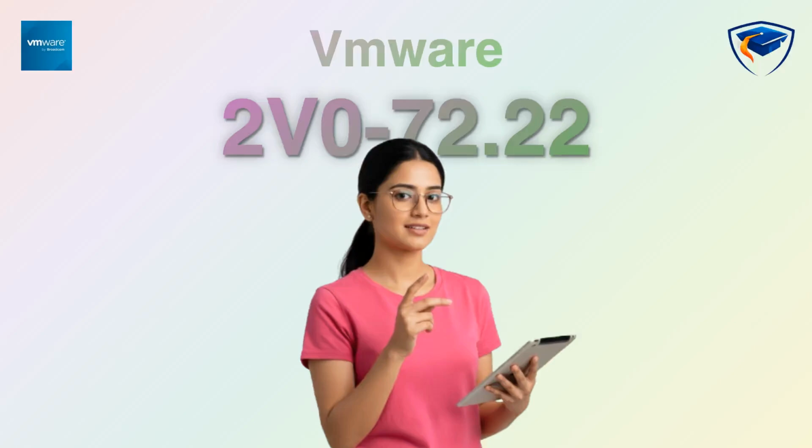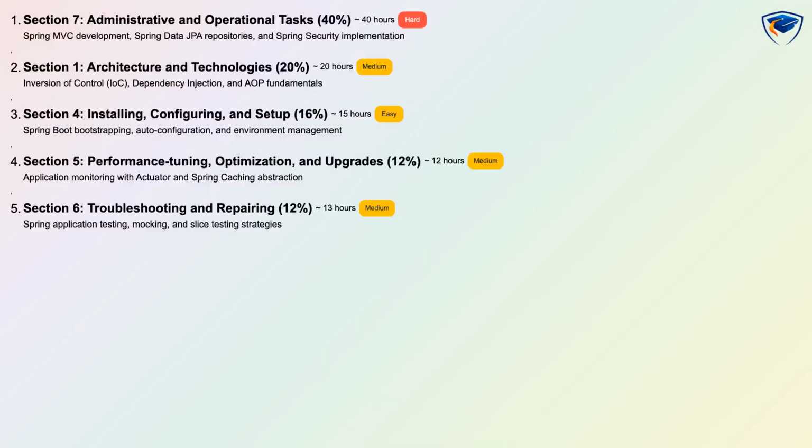In this video we will walk through the official syllabus for the VMware Professional Develop VMware Spring exam and explain what you need to learn to pass. The syllabus is divided into 5 sections with exact weights. Section 7 carries 40%, Section 1 carries 20%, Section 4 carries 16%, Section 5 carries 12%, and Section 6 carries 12%, totaling 100%. Each section lists focus areas, difficulty, estimated learning hours, and assessment type so you can prioritize study